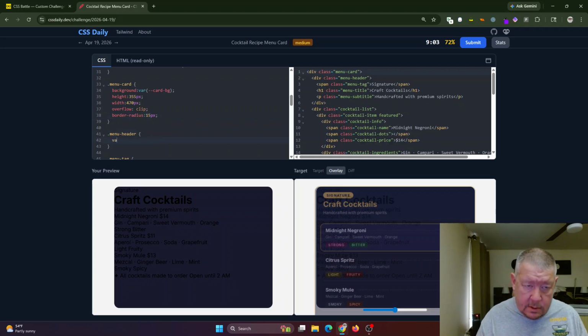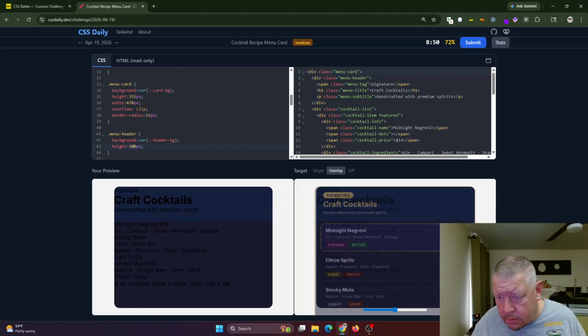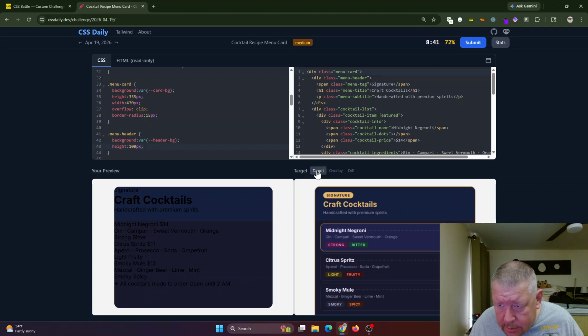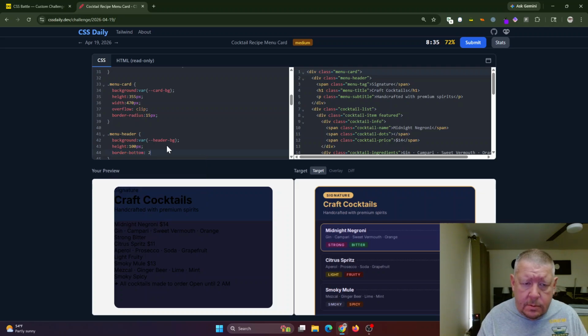Then header. It's going to give background var header bg. Height, 120 pixels. It's too tall. 100. Looks close. Can't tell if there is a border. Yeah, it looks like there is a border bottom on that. Border bottom, 2 pixels. Solid var